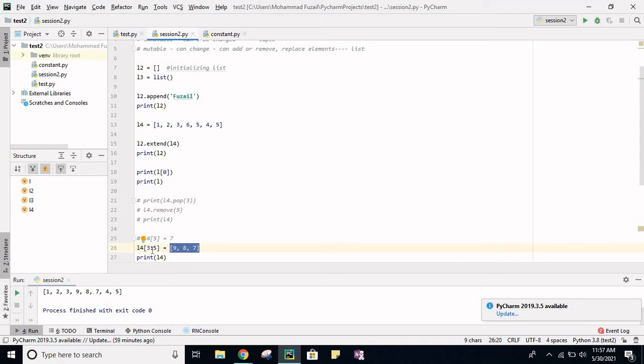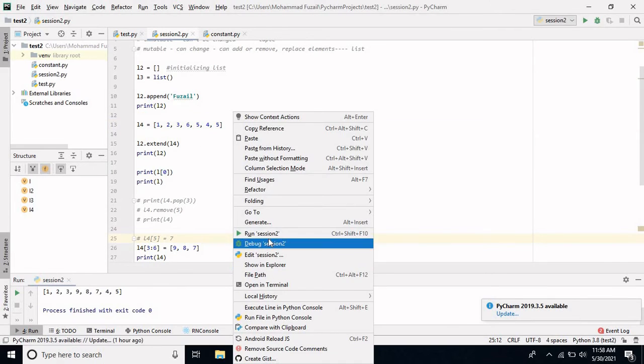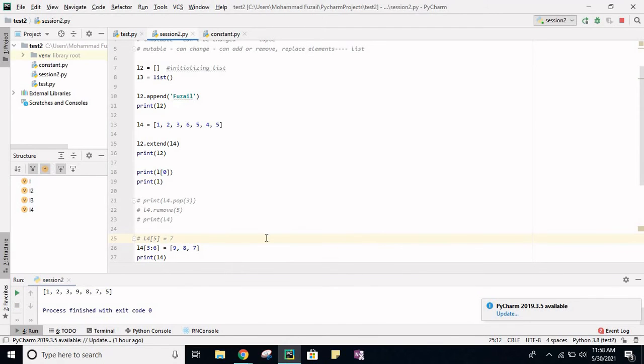Okay, yes, I got your point. We are getting this 4, but we want to replace it, right? So why did this happen? I told you at the beginning, we have to pass last index plus 1, but we have passed the last index only. So we have to pass 6 here, because I already told you we have to pass last index plus 1, but we passed the last index which is 5. Now if we see, we didn't get 4 here. So this 6, 5, 4 will get replaced with 9, 8, 7.